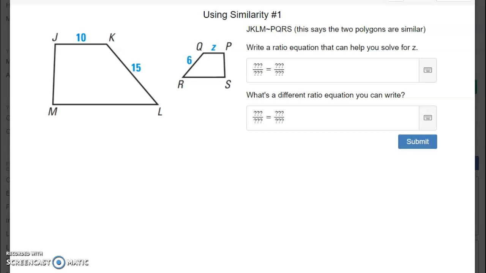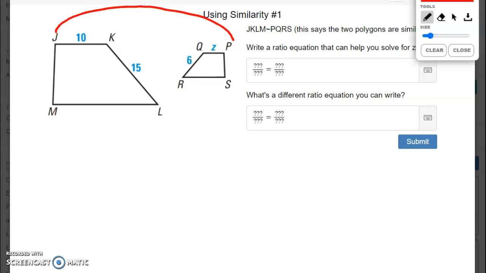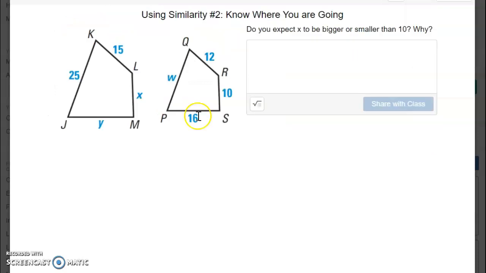J corresponds to P, K corresponds to Q, and L corresponds to R. So matching them up, 10 over Z is equal to 15 over 6, or alternatively you could say Z over 10 is equal to 6 over 15. And I would expect x to be bigger than 10. Why? Because